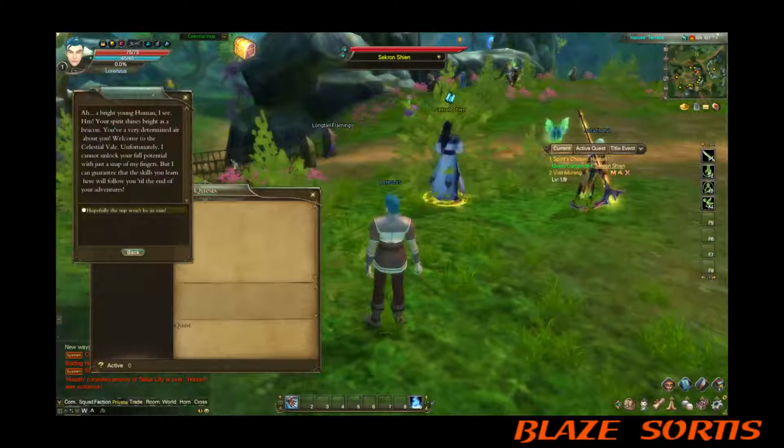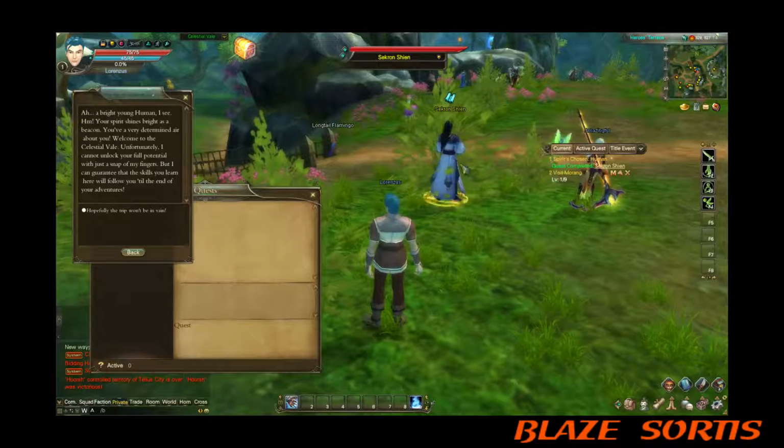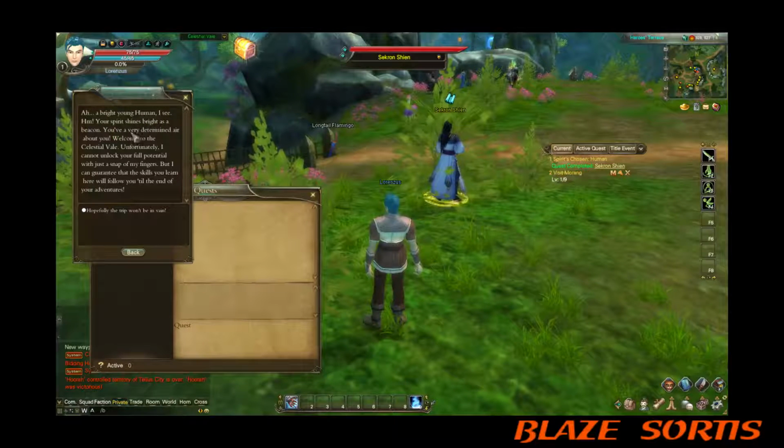Okay, and so it automatically loads up the quest, or what the guy was going to say anyways. Aha, bright human, I see. Huh, if your spirit shines bright as a beacon. And, you know, so on and so forth. Welcome to the Celestial Vale. And, you know,